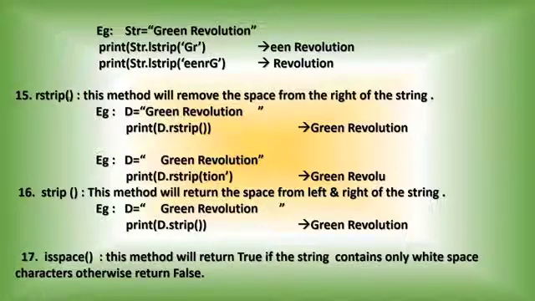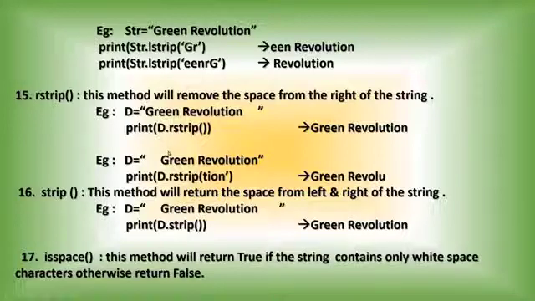There will be a similar function, R strip. Can you say what is the purpose of R strip? R strip will remove the space from the right side of the string. This function also will not remove the space between the words. It's just removing the space from the right side of the string. Now, the same way you use the function L strip with the argument, here also you can use R strip with the argument. Inside the bracket you can give any argument. So that means that particular string will be removed from the right of the given string.